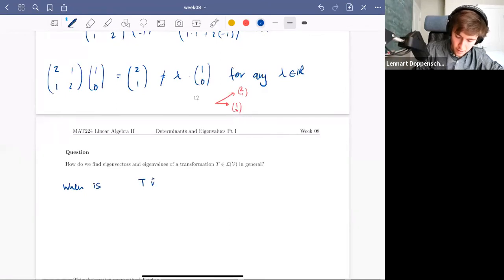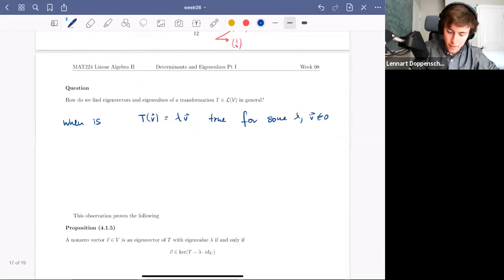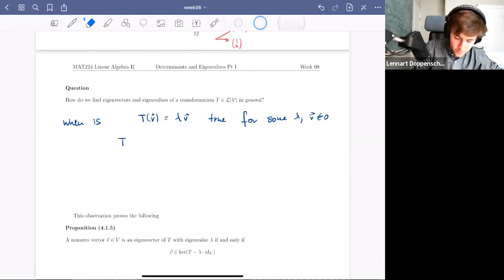When is T of v equal to lambda times v true, for some lambda and v non-zero? So I don't even care what they are. As long as you give me some pair of lambda and v which satisfies this equation, I'm happy. So let's manipulate this equation a little bit. So this is equivalent with saying that